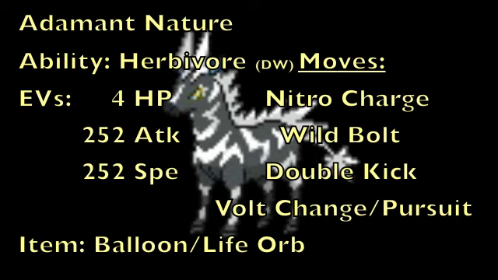As for the EV spread, you have 4 HP EVs to increase your hit points by 1 point, 252 attack EVs to give you your max attack possible, and 252 speed EVs to give you the highest speed you can get with an Adamant Nature. As for the item, there are 2 options that you can use for Zeburaika. The first is a balloon, which is a new item that